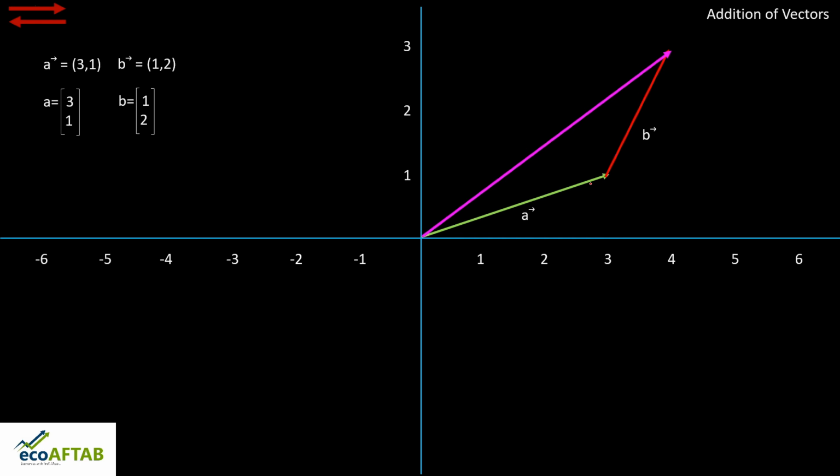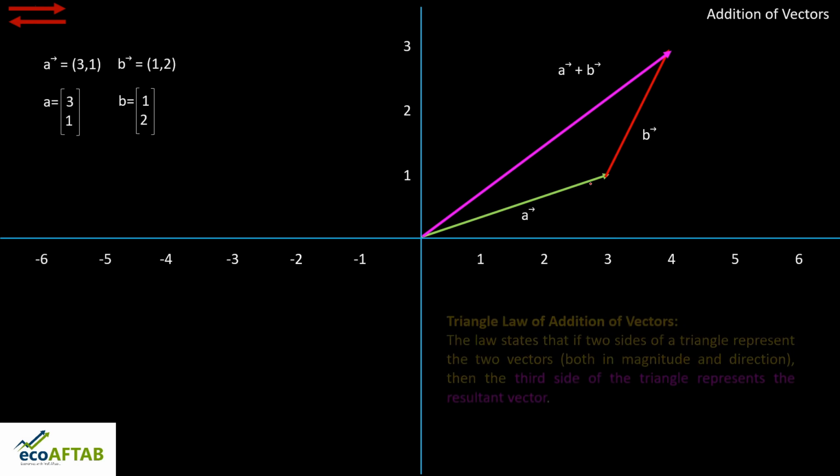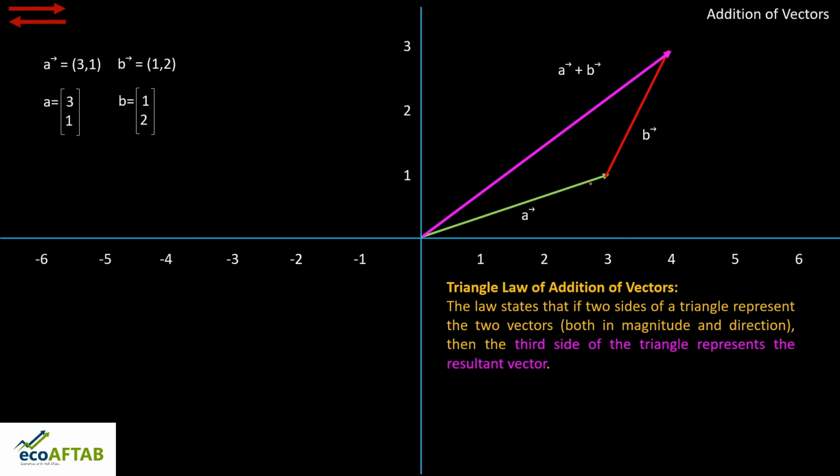So friends, this has a name. It is called the triangle law of addition of vectors. What this signifies is, the law states that if two sides of a triangle represent two vectors, so which are the two sides? One is this particular side A and this is the other side B. So if two sides, first side A vector and second side B vector,